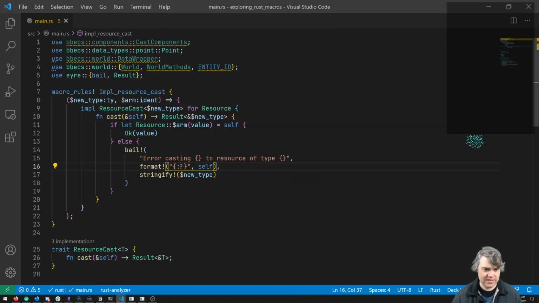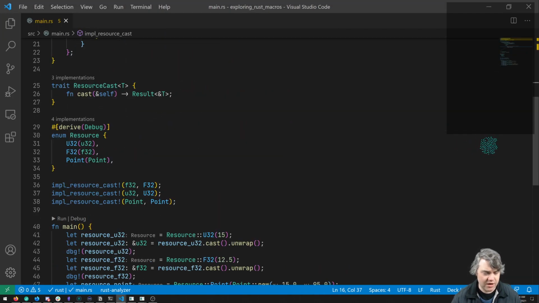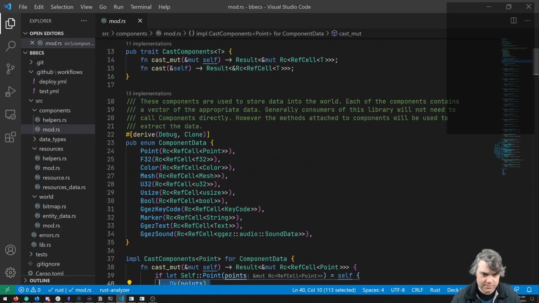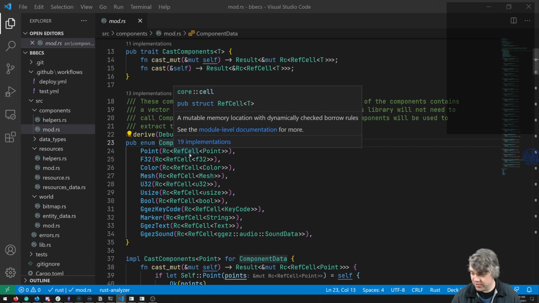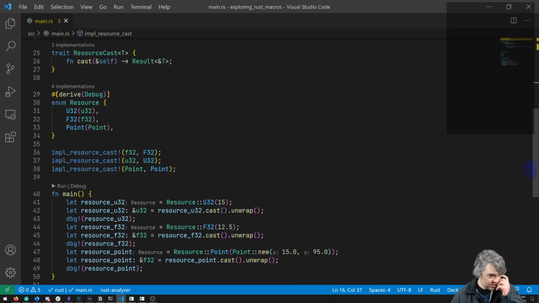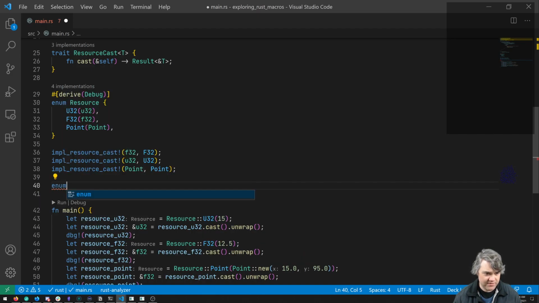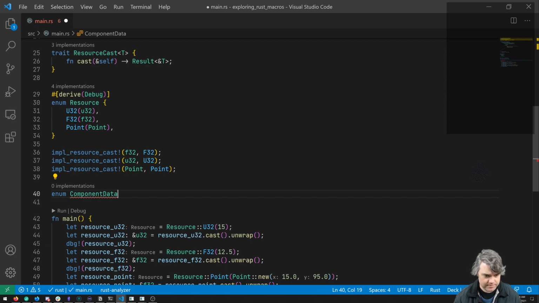So let's head back in here. Let's actually implement these components. It's still the same thing. We have an enum with component data. So let's try this again. We're creating those impulses. If we also have an enum component data,